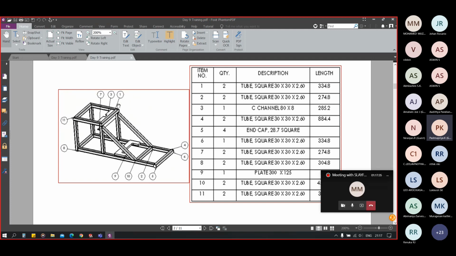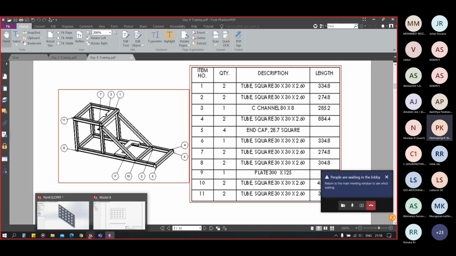Let's say this item number 1 has two quantities, and the description is that it is a square tube of 30 mm by 30 mm of 2.6 thickness and having the length 334.8 mm, like for all the members.